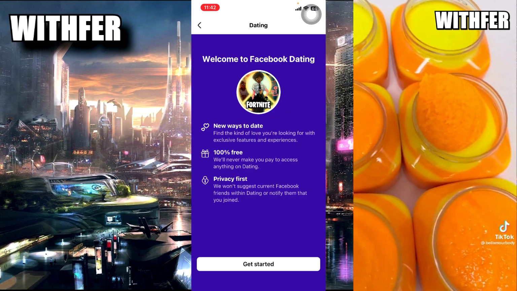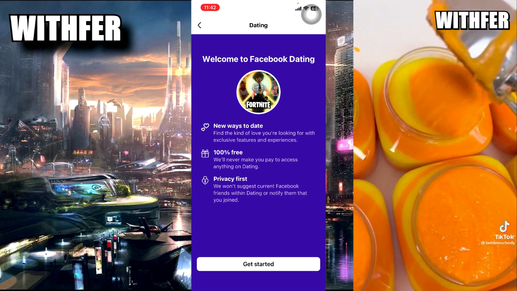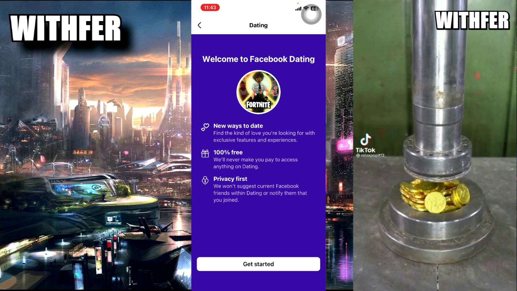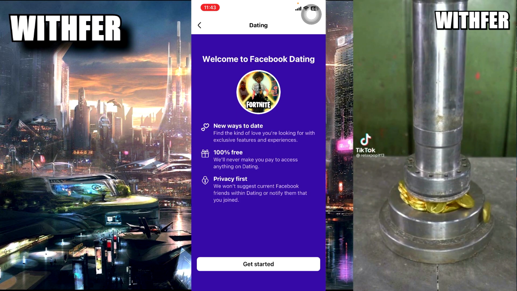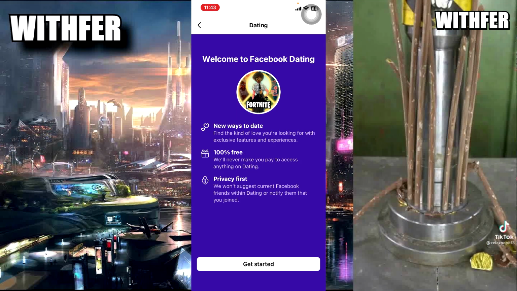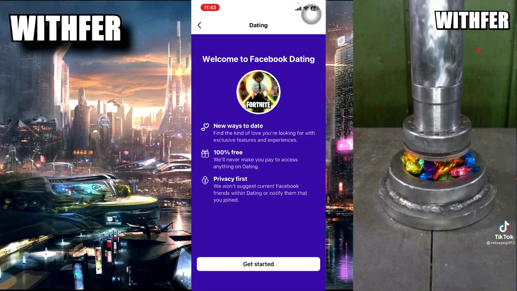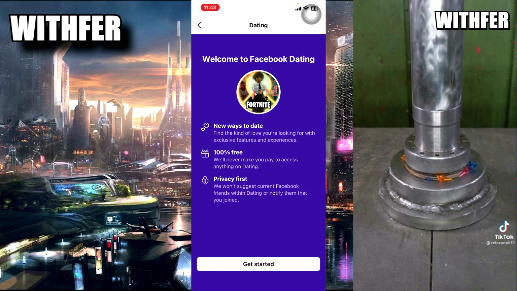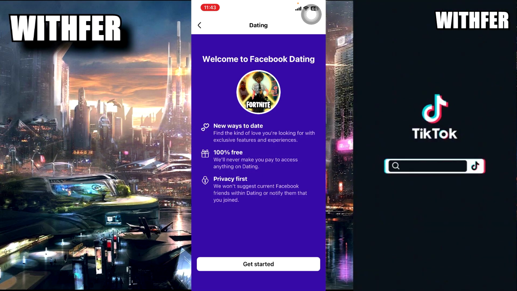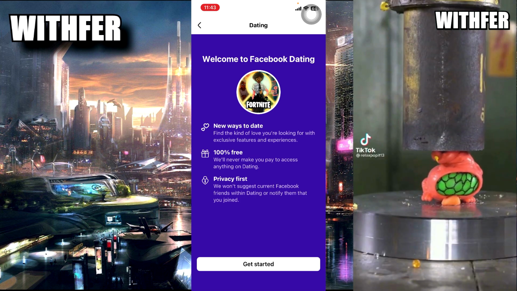Upload your photos, make your description, and answer the questions. Remember, this profile is different from your first profile, your principal or main profile on Facebook. It's a different profile from your personal Facebook. You need to upload new photos, or different photos, or the same photos, and make your description.